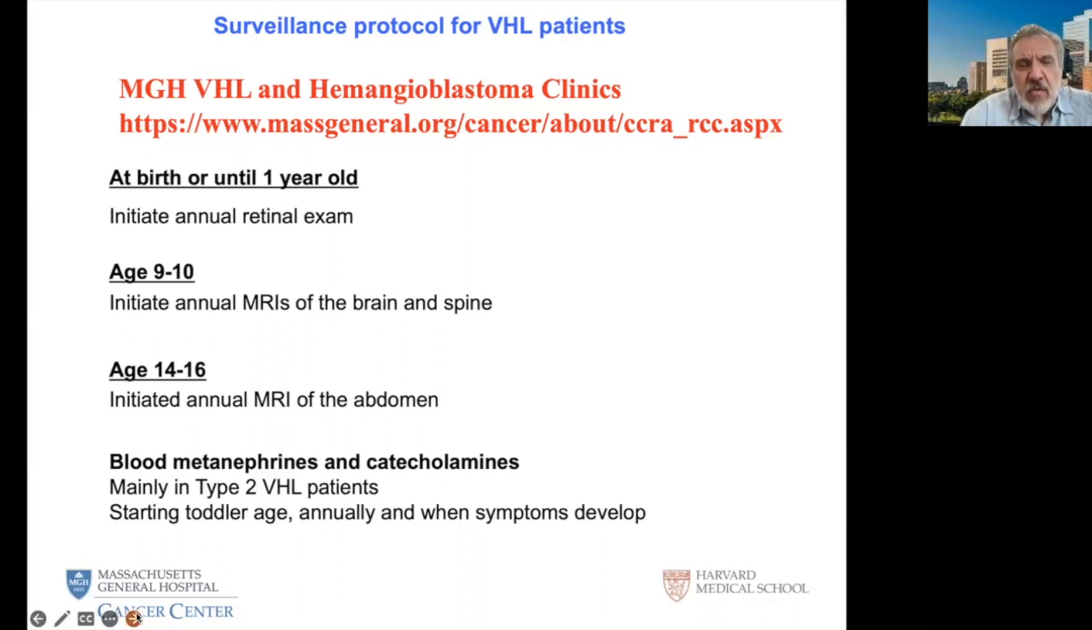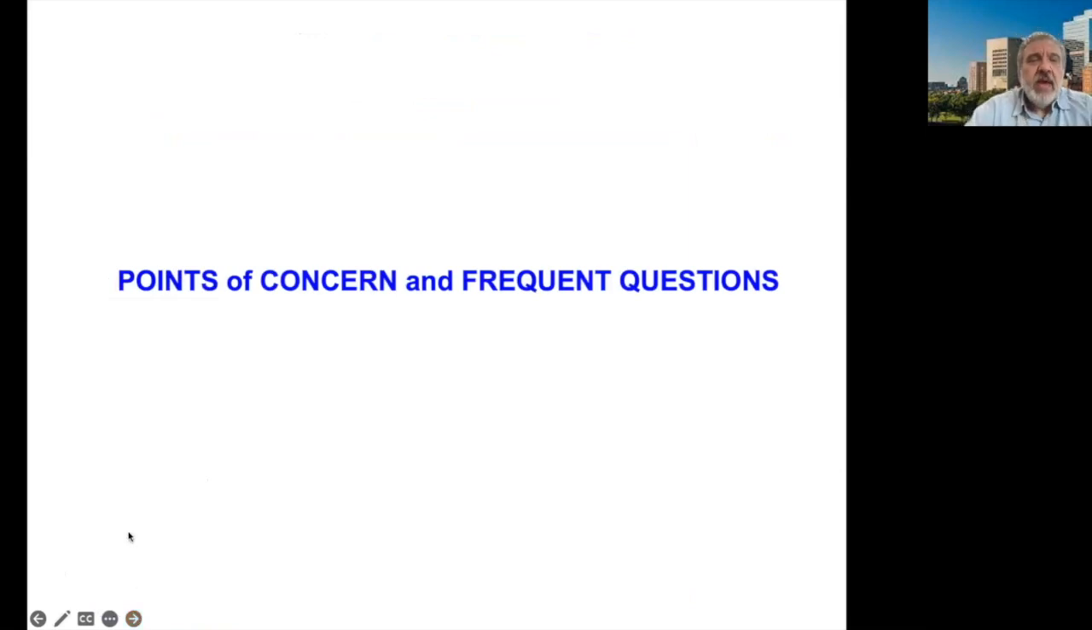But I usually restrict this to the people that have a type 2 mutation. It is not unheard of. There are some very rare exceptions, people with type 1 who have pheochromocytoma, but they are extremely rare exceptions. So how do we follow the